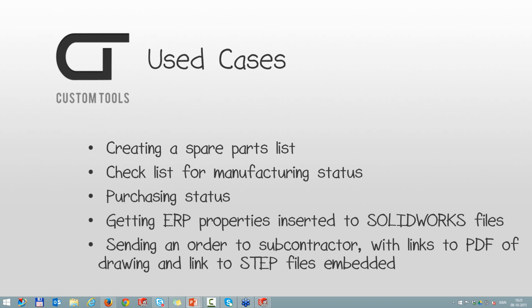Also, the check ERP for purchasing status at any time in the project. You will retrieve live data straight from the ERP and into your Excel file. And then, of course, you can send an Excel file with preview images, links to PDF files of drawings and the parts converted into STEP to any subcontractor, and it's really easy for those to work on your files. So a lot of use cases, and these were just highlights of a few that I could think about.